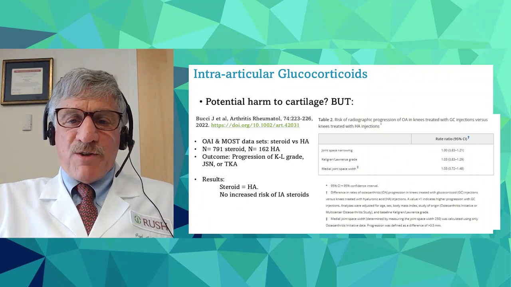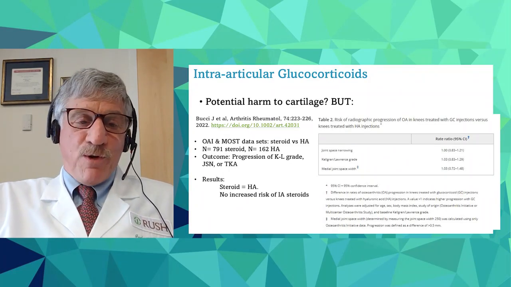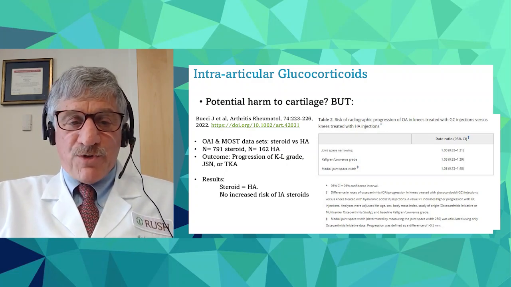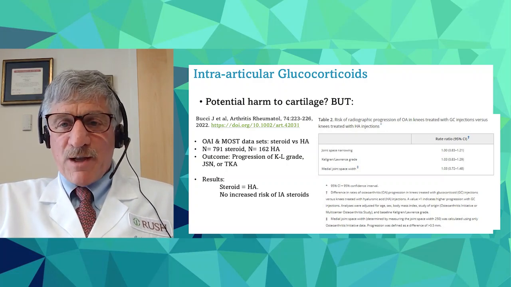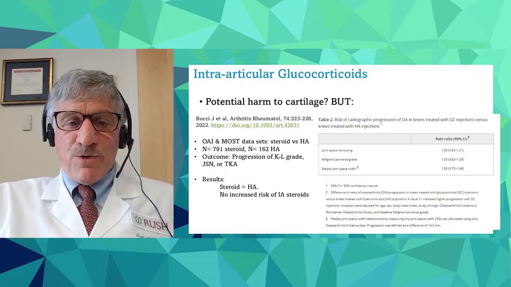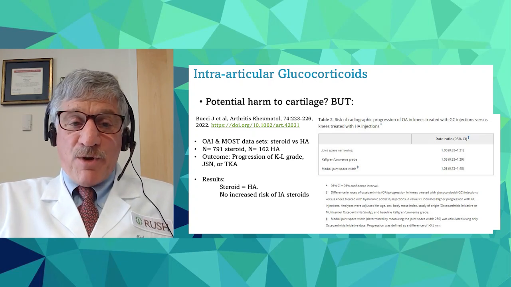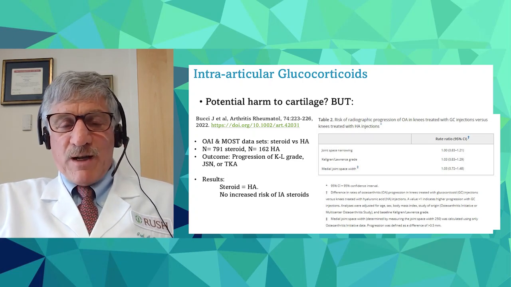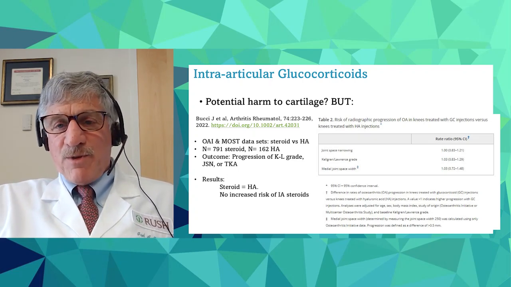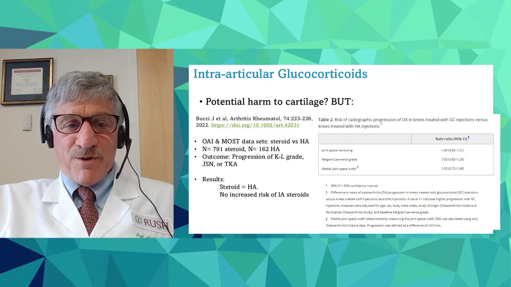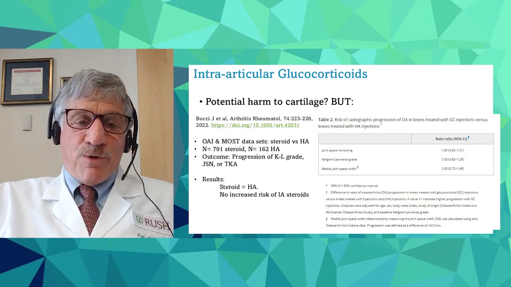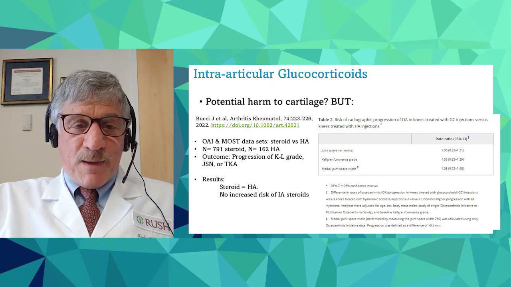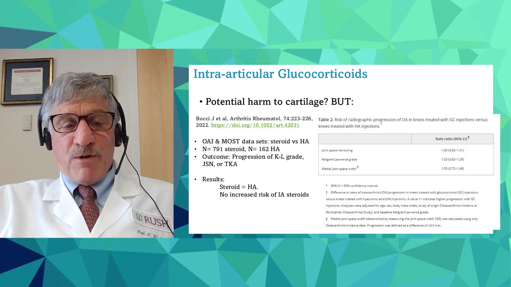I'll point you to a much more recent analysis, which was performed by Bucci et al., where they aggregated all of the patients from the OA Initiative and the MOST dataset. Each of these are extremely large, multi-thousand person, multi-year longitudinal observational studies of community-based people with OA and at risk of OA. They looked in those combined studies for people who had intra-articular steroids. They compared them to a control of people who had received intra-articular hyaluronan, and as an outcome, they looked for the risk of progression structurally by X-ray, Kellgren-Lawrence grade, joint space narrowing quantitatively, or progression functionally